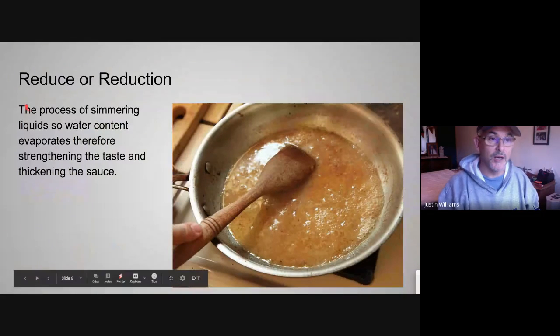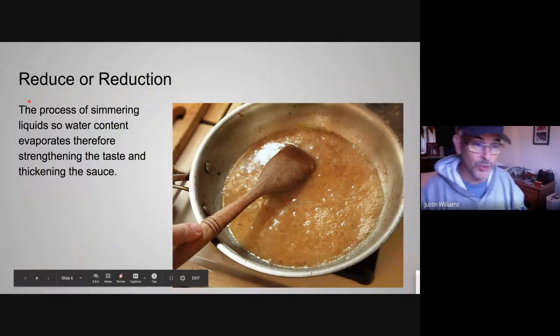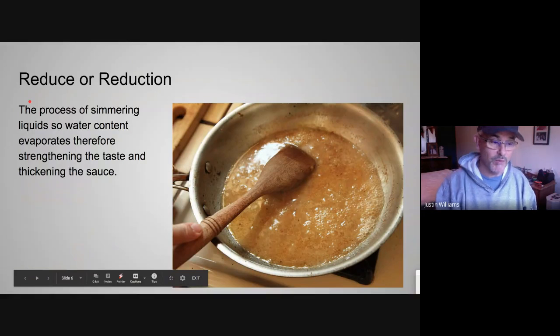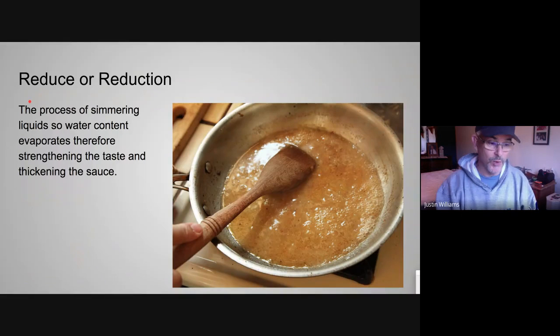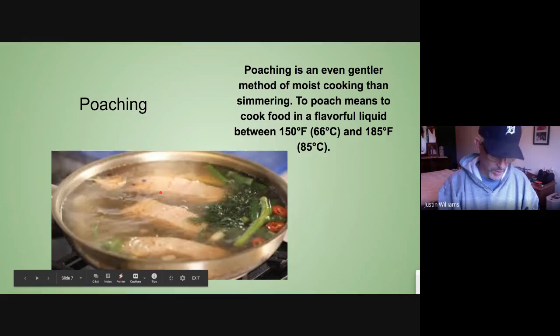Okay. Reduction, or to reduce. All right. So when you have a sauce and you want to reduce it down to consolidate the flavor, to fortify the flavor. And when you reduce it, the process of simmering will reduce that sauce. What will happen is a lot of the liquid, the water in that sauce, will evaporate. When that water evaporates, the leftover stuff like you can see in this pan,